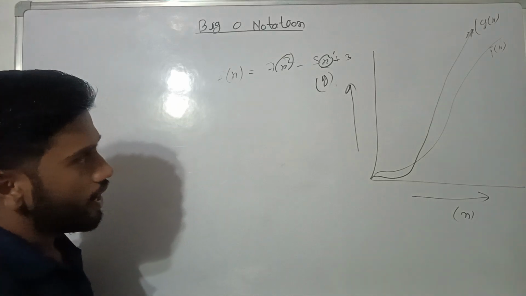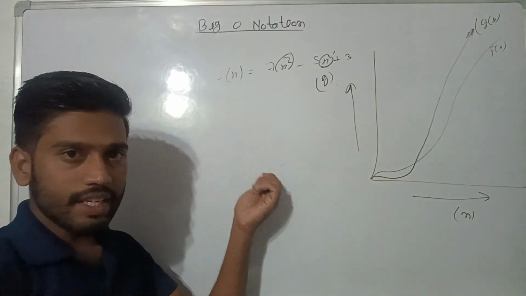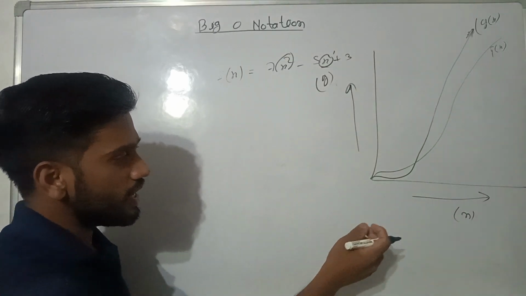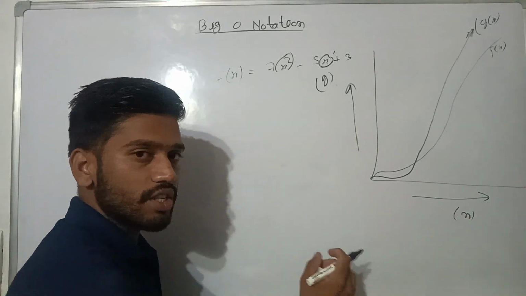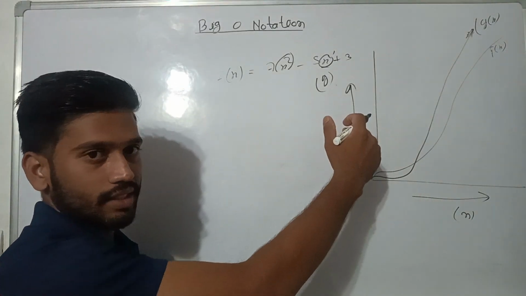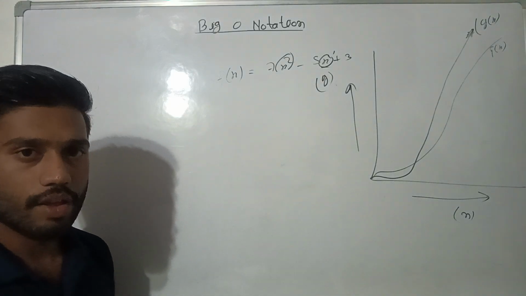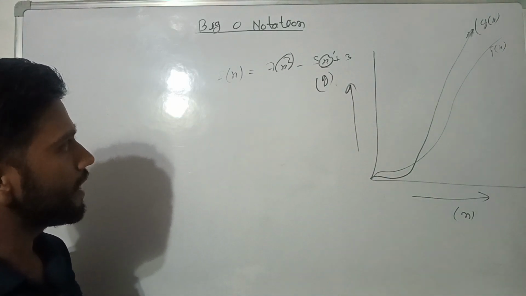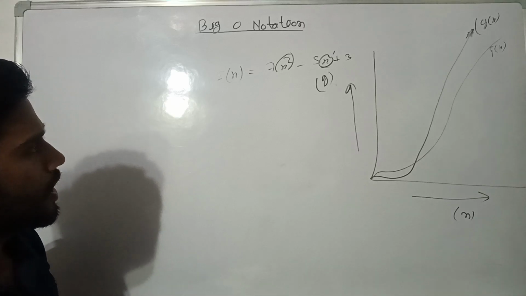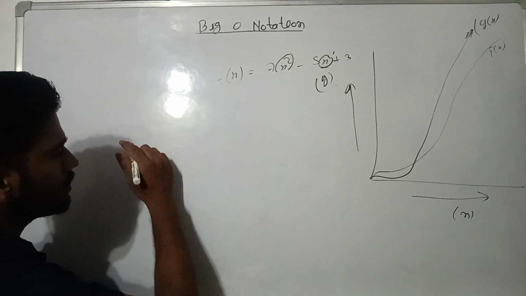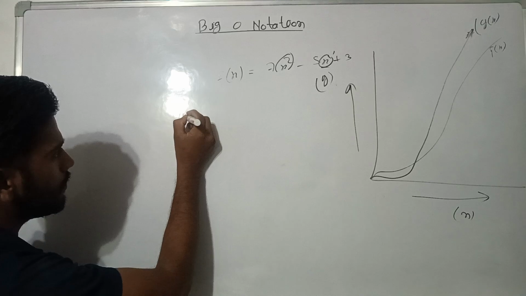It means if there is any input size, for the execution of that input size, how many times it will be taken, that is called Big O notation. And we'll see with the help of a function here.